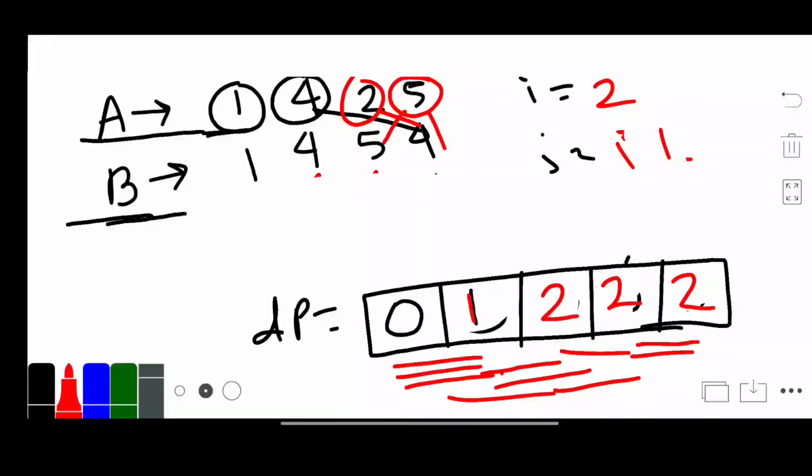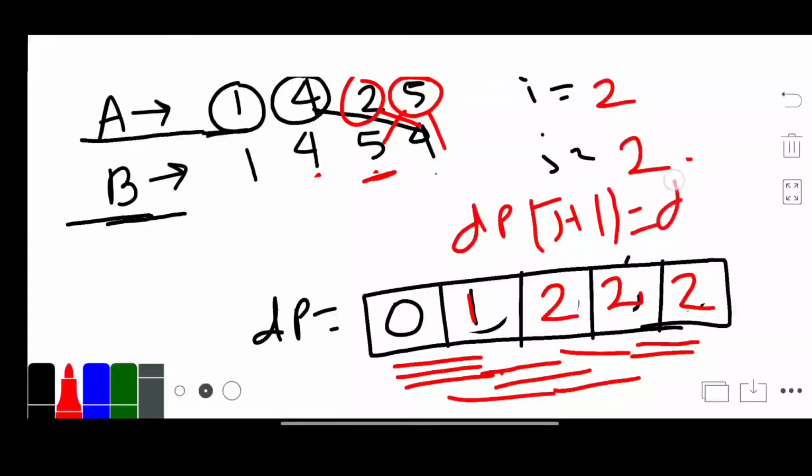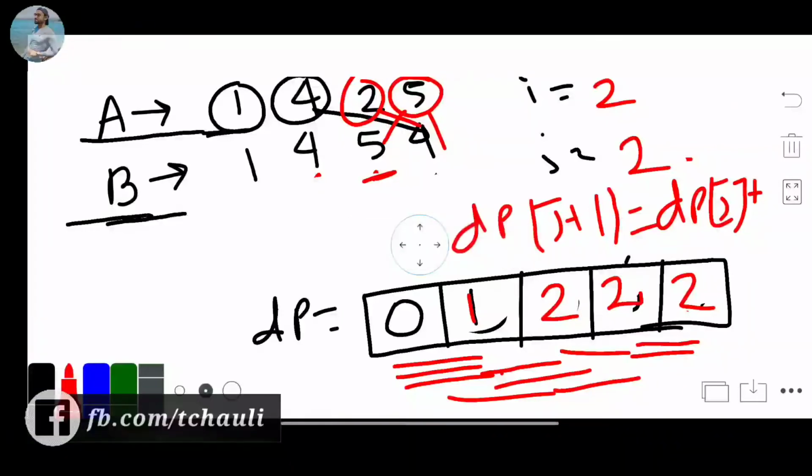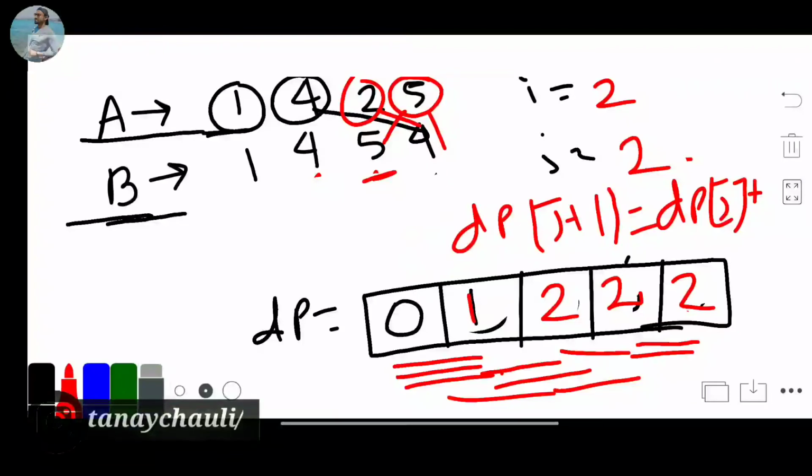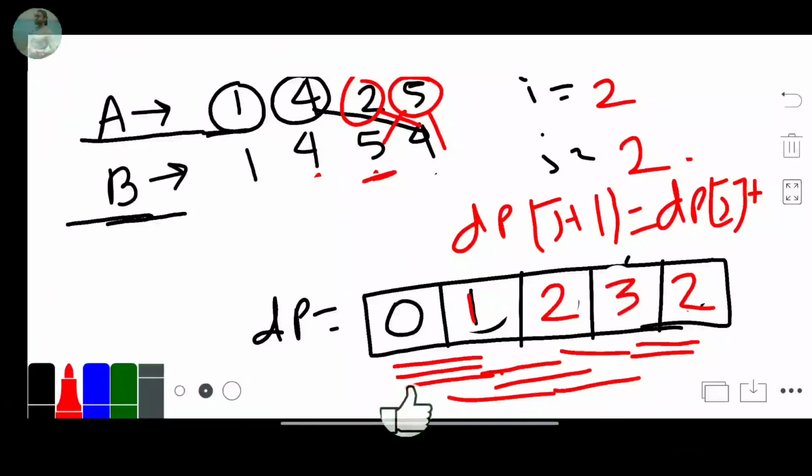So we check, this is not matched, so 5 is matched. So now it is matched with the bj2 value, so we will update the dp j plus 1, that is we will update the dp3. The dp update formula is, when the ai value is matched with the bj value, then we will apply this formula to update our dp, that is dp j plus 1 equals dp j plus 1, that is 3.